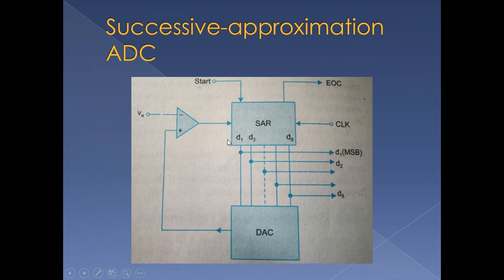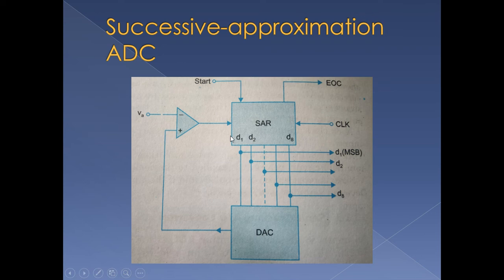The successive approximation ADC converter is a very efficient technique to convert an analog input into digital, which requires fewer clock cycles to complete the process. For example, converting the analog input into 8-bit output requires 8 clock cycles. Converting into 4-bit requires 4 clock cycles. In general, it requires n clock periods: to convert into n bits, it requires n clock cycles.